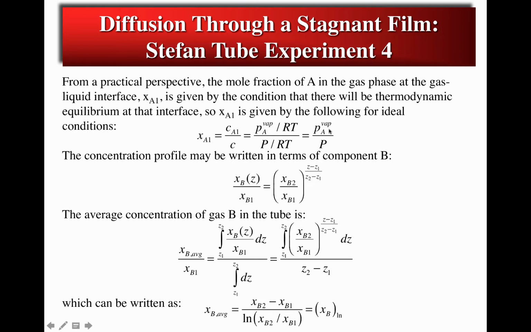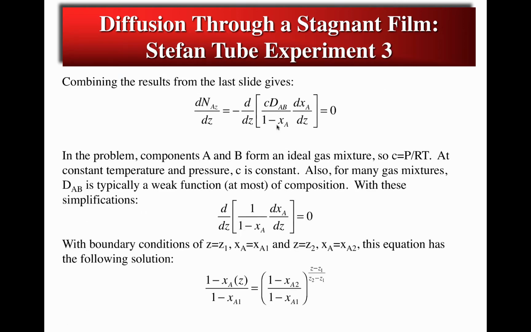The vapor pressure of A is set largely by the temperature of the system, and so the way you manipulate the concentration of A in the gas phase at the gas-liquid interface is basically by changing the temperature to change the vapor pressure, should you want to do so. Now we can also write the concentration profile in terms of the concentration profile of the inert gas B. That's just taking advantage of the fact that we know the mole fraction of XA from the expression here,